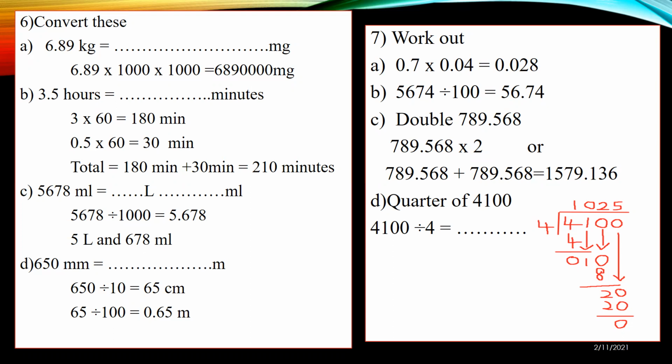We know what's the meaning of quarter. Divided by 4. I have shown the long division here. You take the first number. How many 4s inside 4? It's 1. Then 4 minus 4, it's 0. Take this 1 down. Inside 1, you don't have any 4s. So therefore, you put 0 and take this 0 down. Then inside 10, you have 2. 4 times 2, it's 8. 10 minus 8, it's 2. Take this 0 down. Inside 20, you have 5. So therefore, your answer is 1025. Let's move to the next slide.